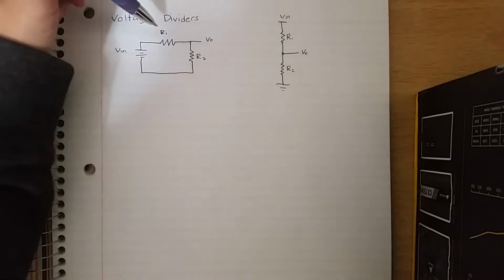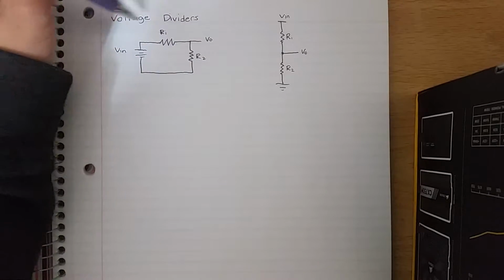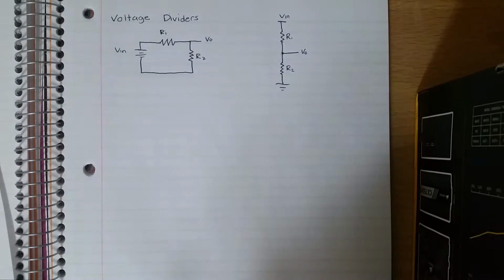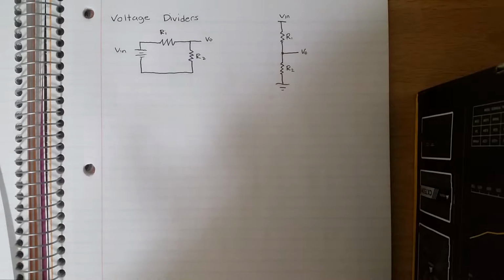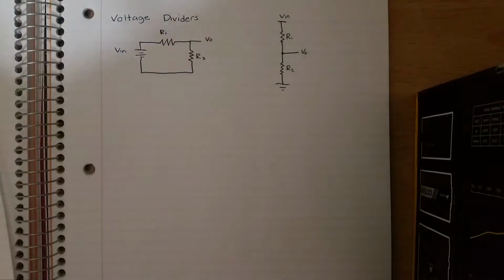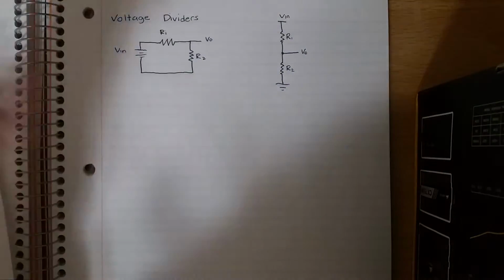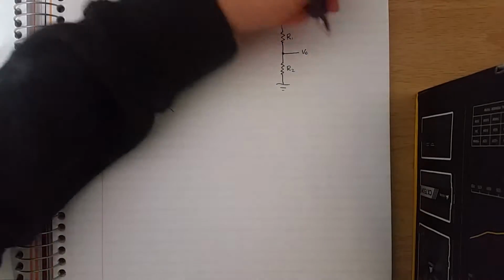And I only have 2 resistors, no load, just 2 resistors in series. In future videos, I will do a few more examples of other voltage divider circuits that have loads or more resistors. Anyway, let's start by saying to solve for V out, if you are only given V in and R1 and R2,